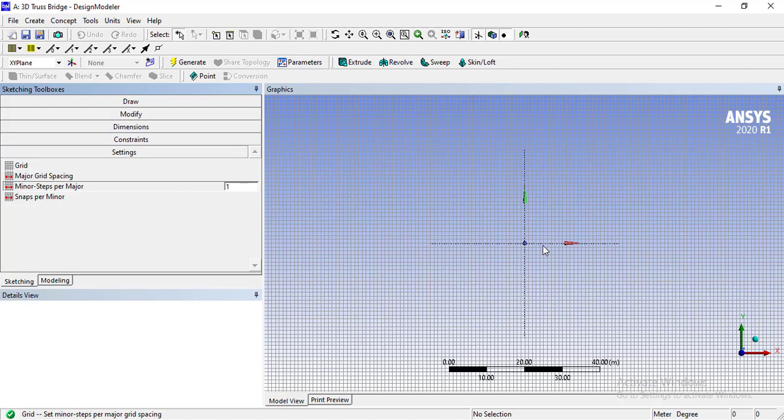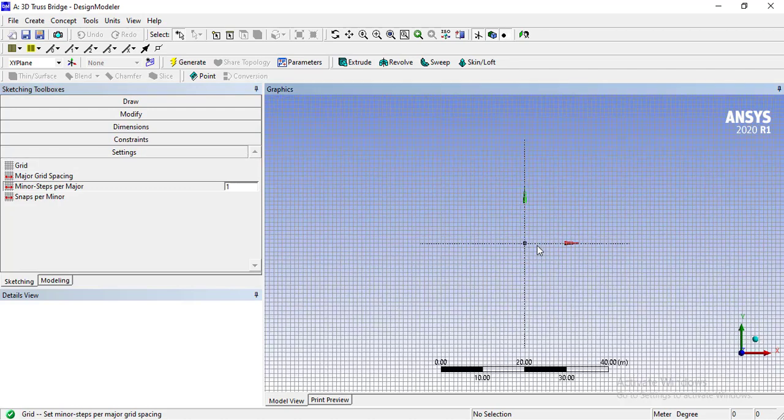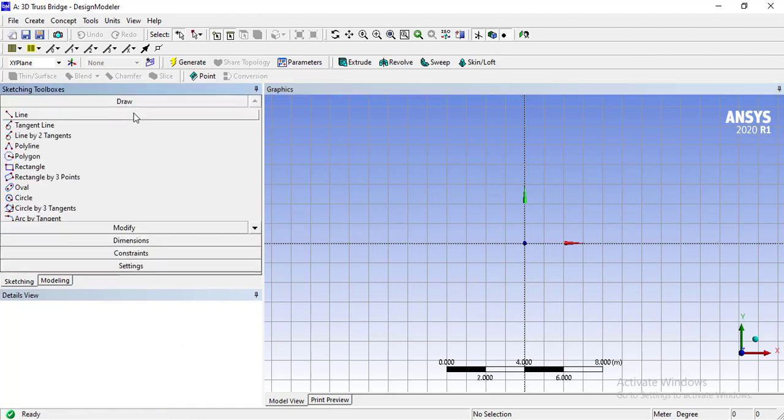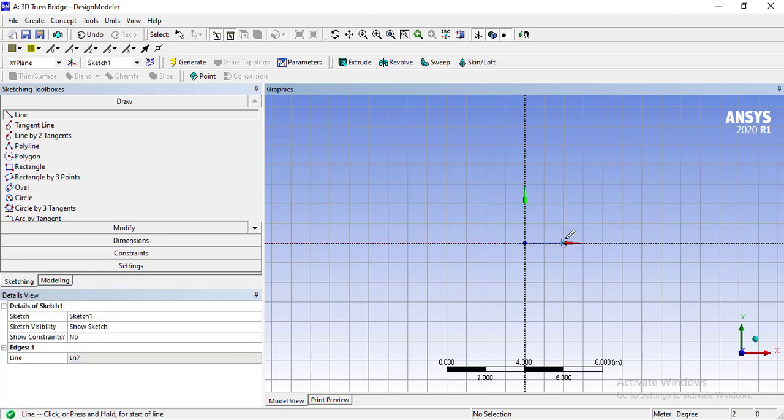After creating the grid, kindly zoom near the origin like this. Now go into the draw tab, select line and start the line from the origin and terminate it at these two boxes here. Now again start a line from this endpoint and select here. Then again repeat this process for the fourth time. You have drawn 4 horizontal lines.